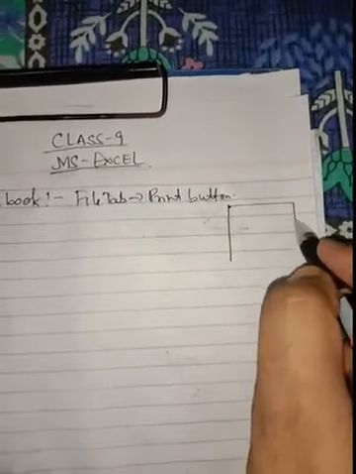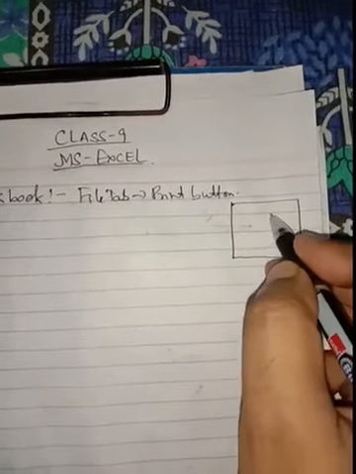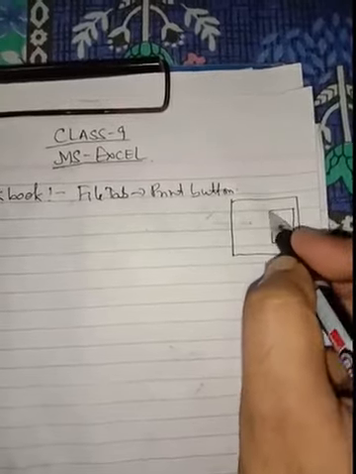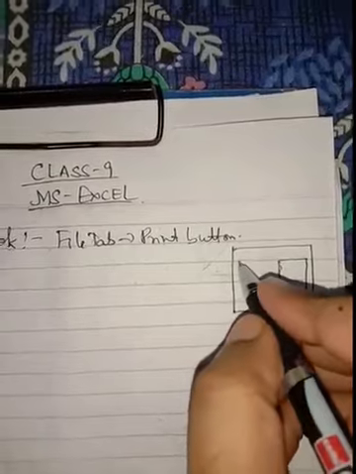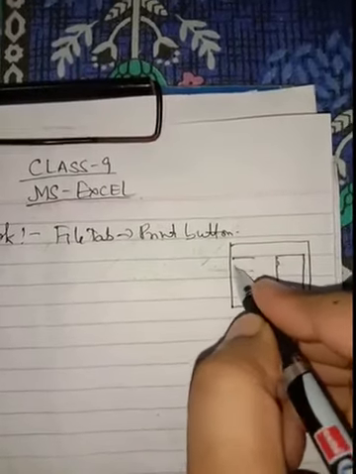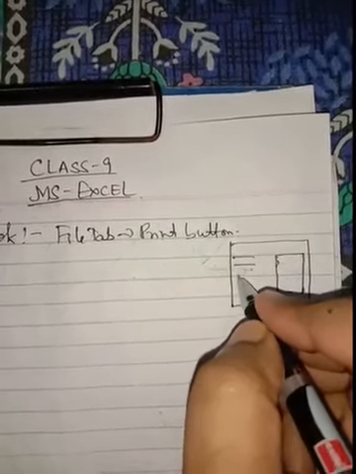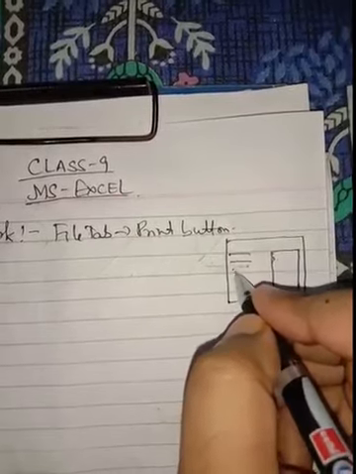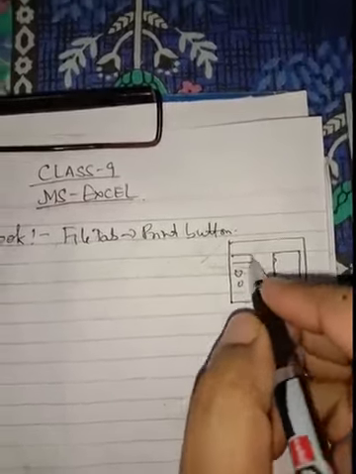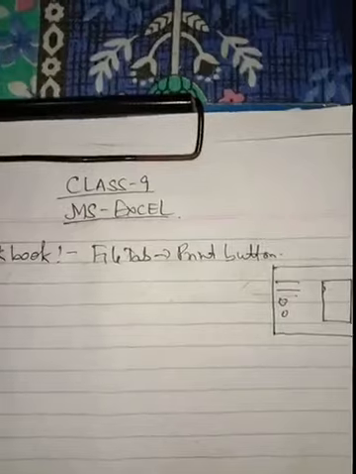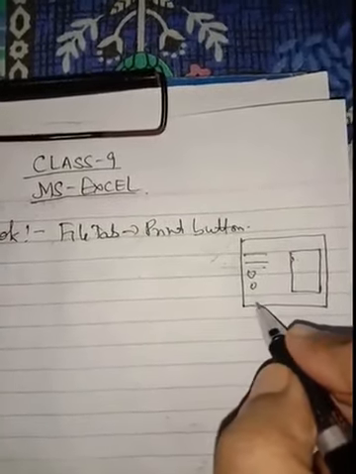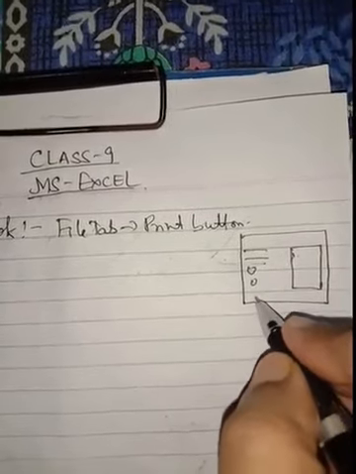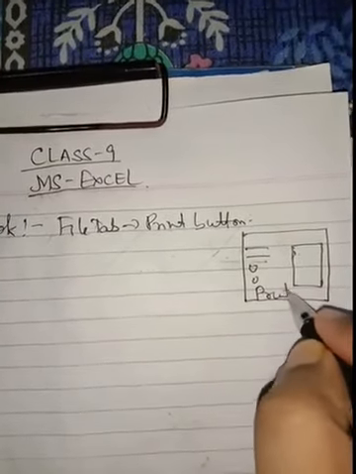In the Print button, a preview window will appear, a window of this type, where the preview of your workbook will appear. Here certain options will be available, like the number of copies, the orientation either in portrait form or in landscape form. After filling the required options, we can click on the print button.